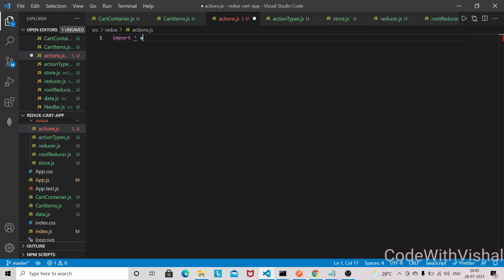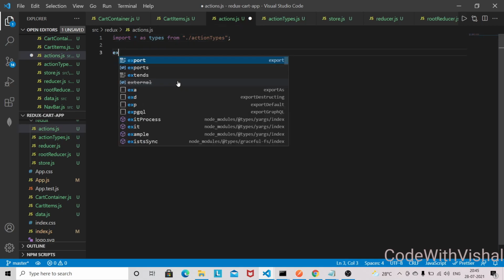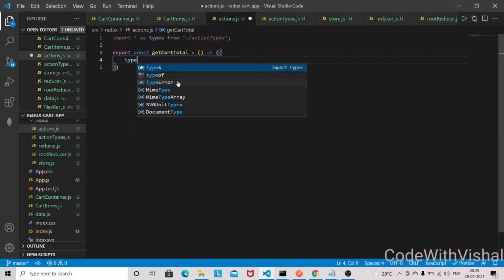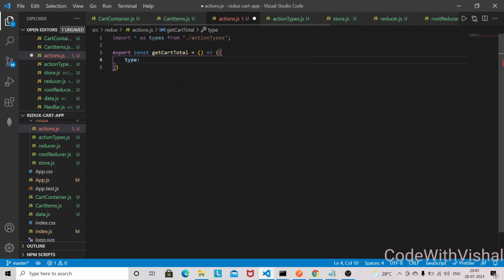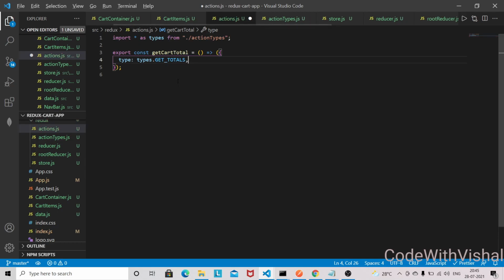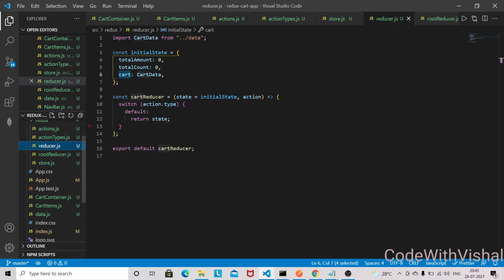So I need to bring the types: import * as types from action types, and I'm going to export const getCartTotal, and type is types.GET_TOTAL. Okay, and we need to write the logic in our reducer for how to get the total.